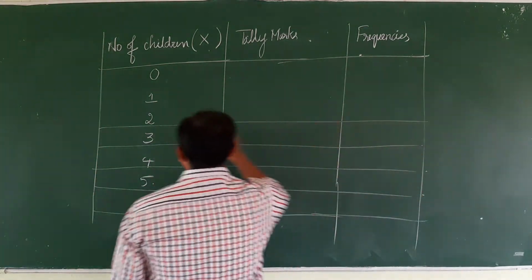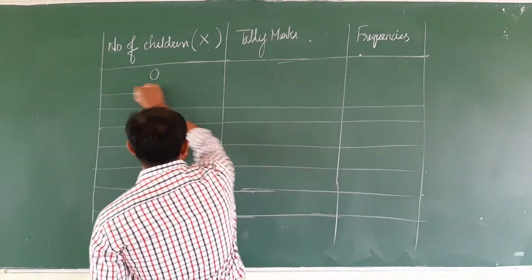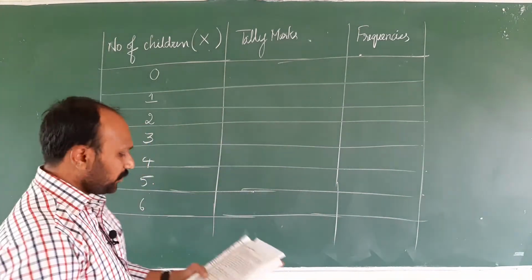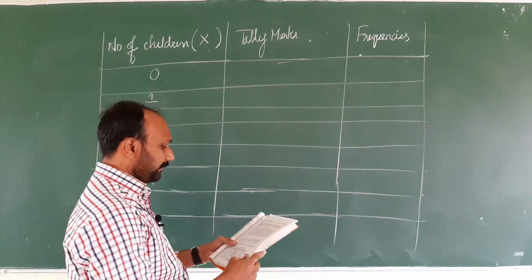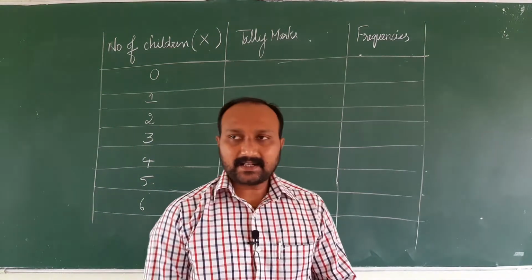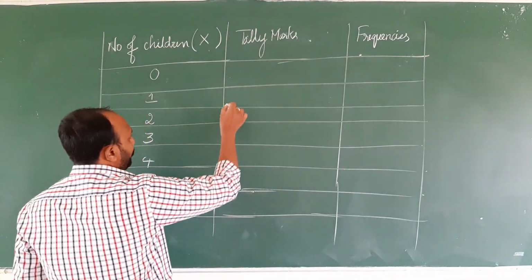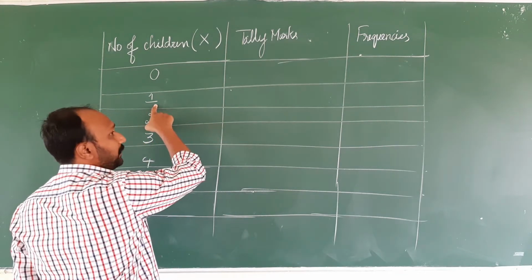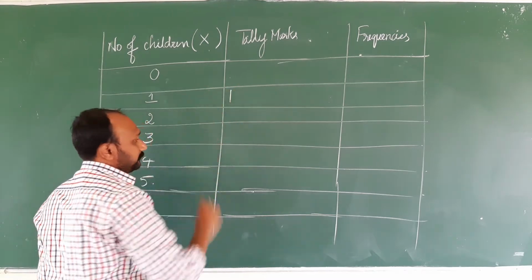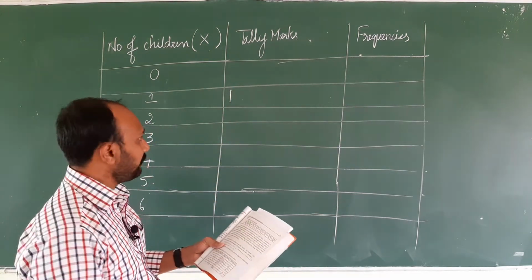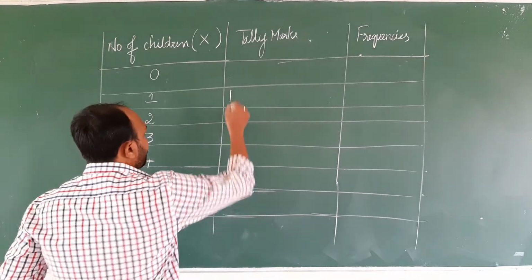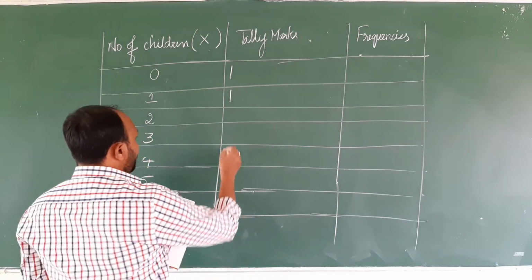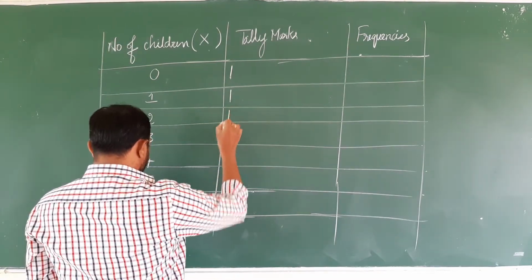Next, let us first come up with the tally marks. I will take the help of the question. So the first family they have visited and taken the survey, they are having only 1 child. So I will be putting a line in correspondence to the variable x equal to 1. Next, the second family they visited, there is no child, 0. So here I will be recording a tally mark, followed by 3.